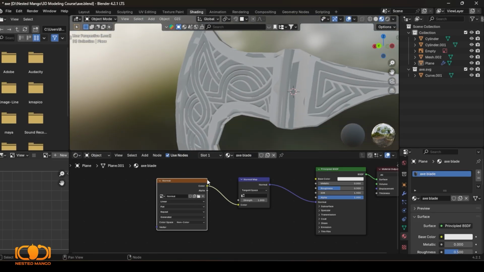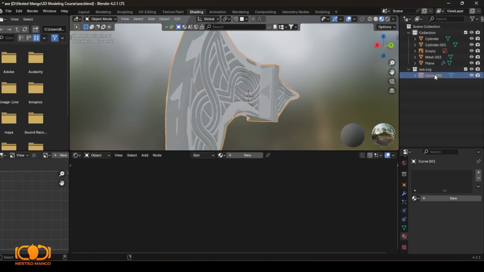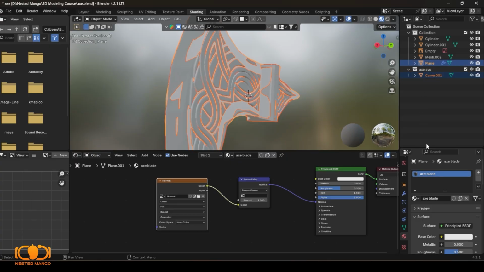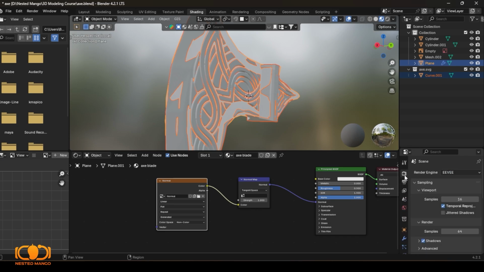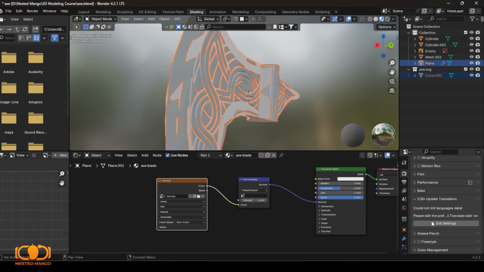So I will bake the high poly details on this image. So for that we will first select the image, and then by pressing Ctrl select the high poly model, and then low poly by pressing Ctrl, and go to the search engine, render, and go to the render engine and set your render engine EEVEE to Cycles, and go to the bake section